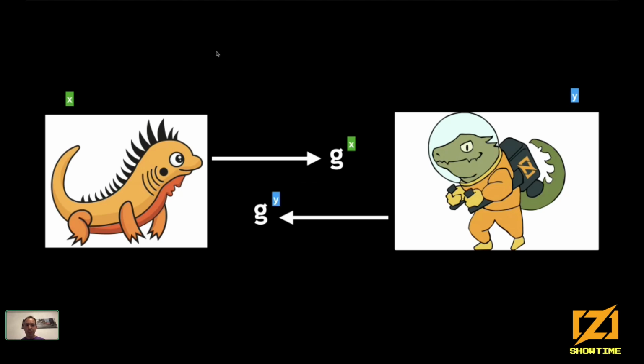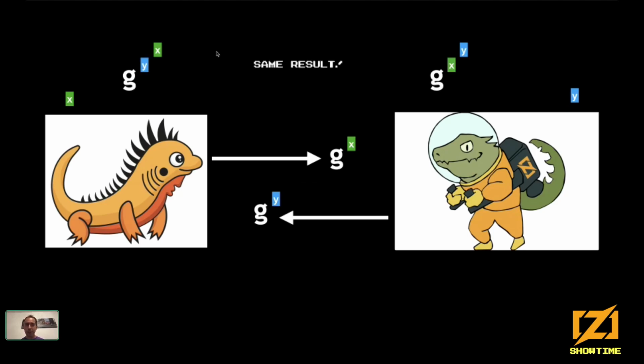So what they can do is pick a random number. So Ziggy is going to pick some X. It could be anything, just something random, unpredictable. And Zero is going to do the same thing, and he's going to have Y. This is secret. But then they're going to share G raised to the power of their secret. So G is something that's public. It's a number, but it doesn't have to be secret. Everybody can know about it. So this is what they are going to send. And based on this, they can come up with a shared secret.